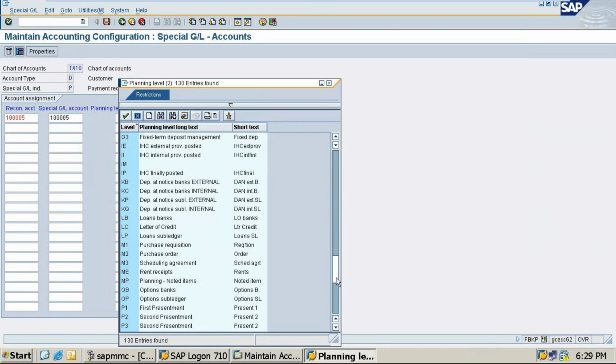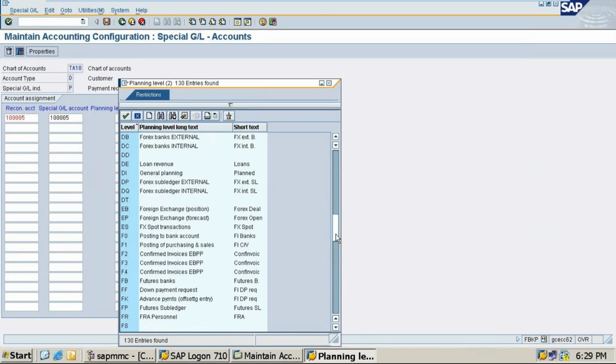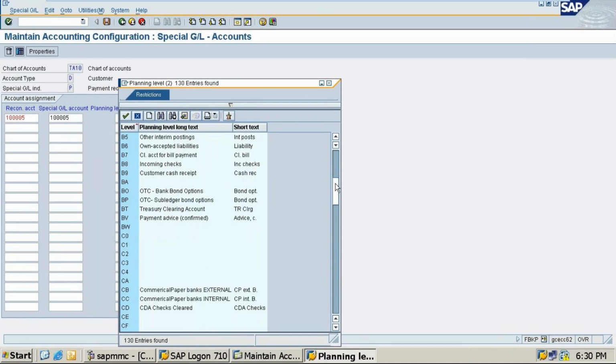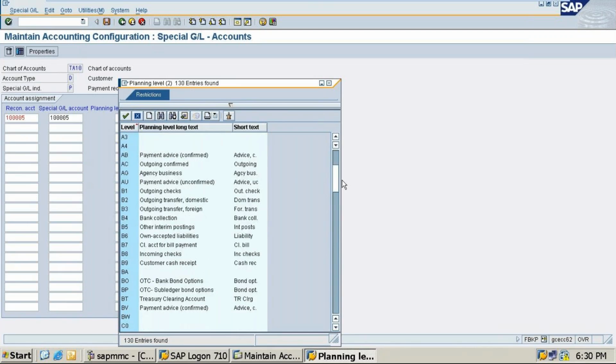So you need to select the actual things you are using during the procedure, that we need to mention. So payment advice, outgoing confirmed, outgoing checks, outgoing transfer, outgoing bank collections, all those things there. So here customer payment should be there.